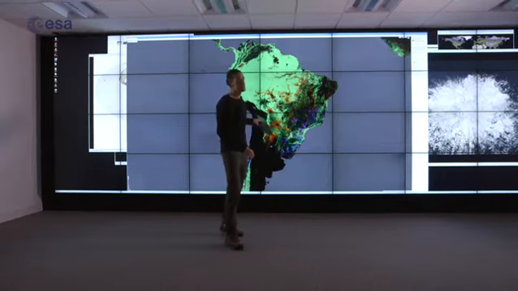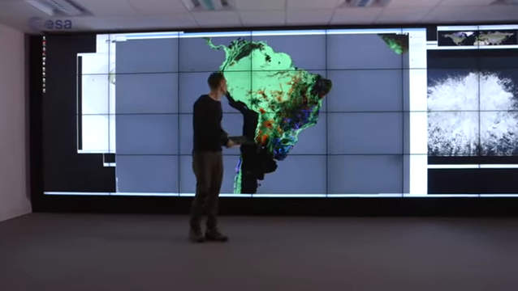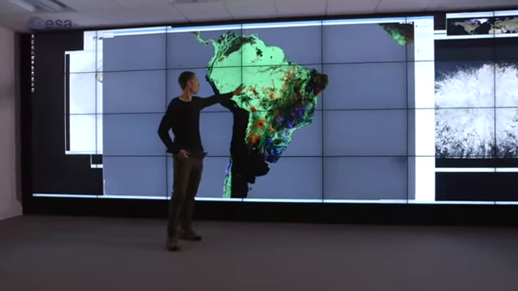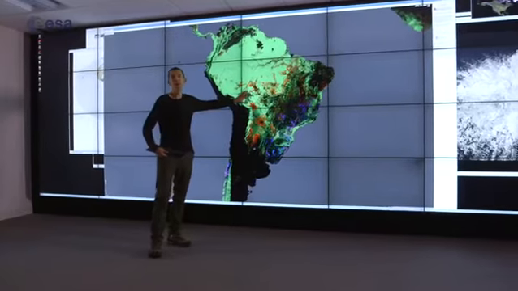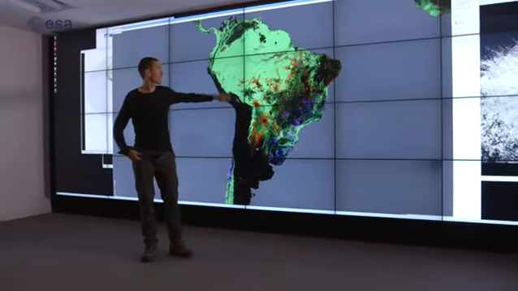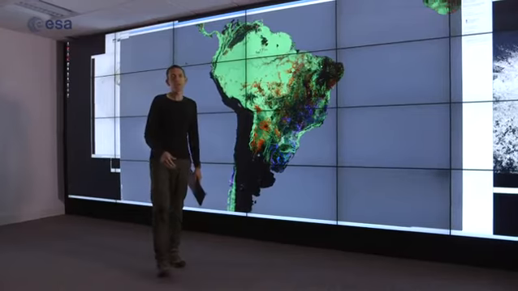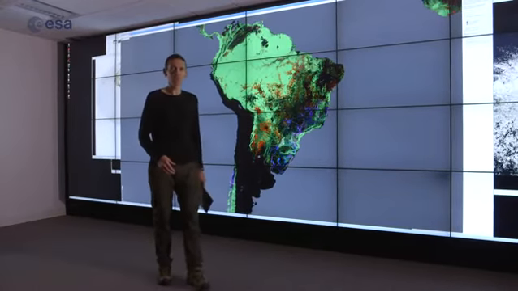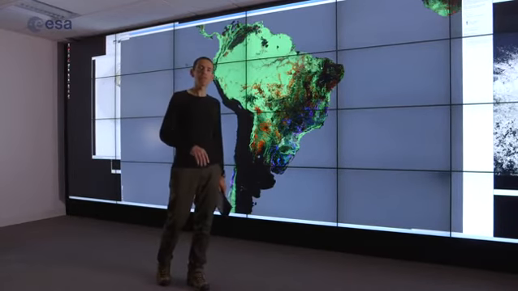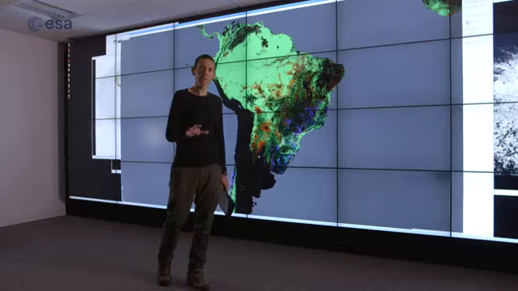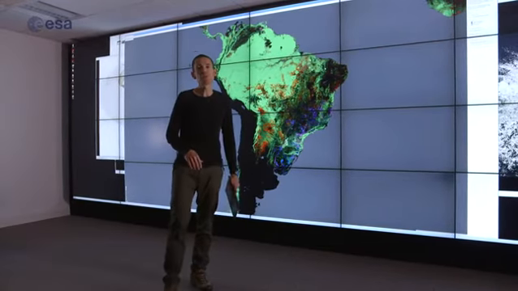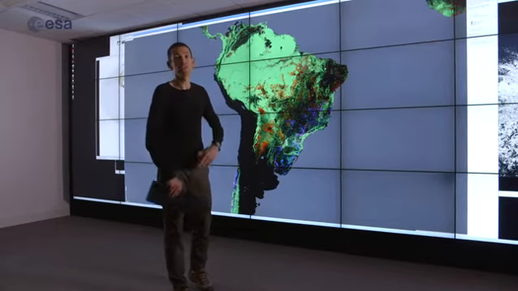One of the key challenges is the heterogeneity. If we look at this map, which I'll come back to, we can see straight away how heterogeneous this land surface is. Now, the parts of the ocean and the cryosphere are heterogeneous too, but not at the same range of scales that the land surface is. So that's one of the key challenges that we have in trying to understand the land surface and to monitor